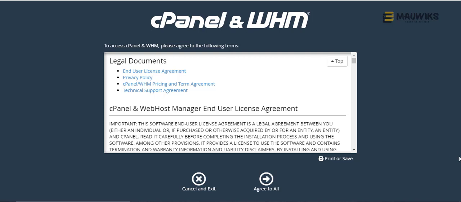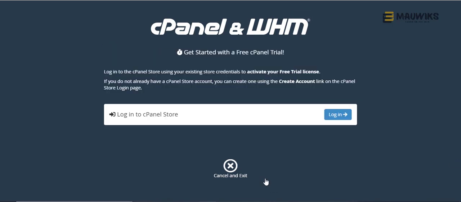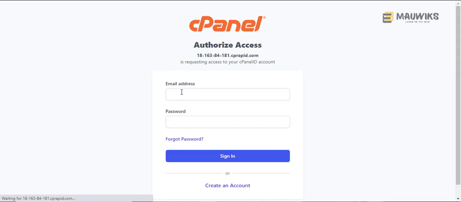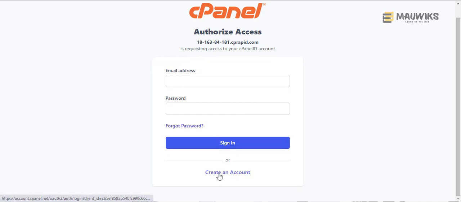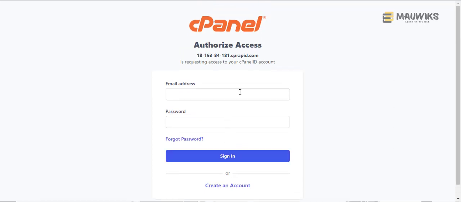we are now ready to set up our cPanel and WHM. So just log in here, and if you don't have a cPanel.net account yet, make sure to create an account. And that's it. So if you want to continue on with this setup,